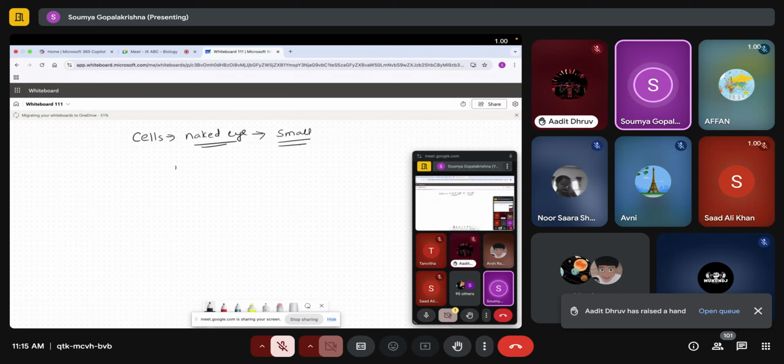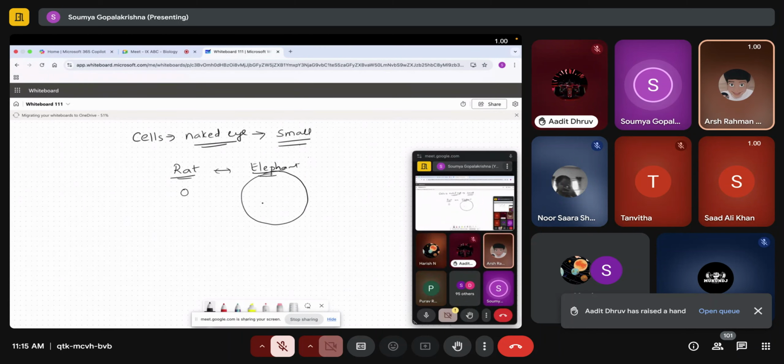Now, for example, let us take a small animal. Let us take a rat, okay? And then let us take an elephant. Size wise, you see the size of the rat and the size of the elephant, or you can take a giraffe, right? Totally, the rat is a very small animal, the elephant is a very huge animal, right? Now, do you mean to say the cell of the rat is very small and the cell of the elephant is very, very big?